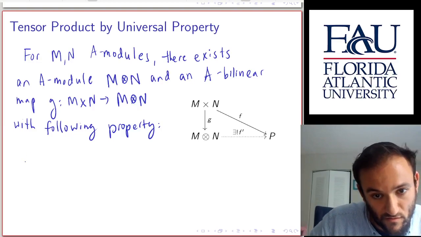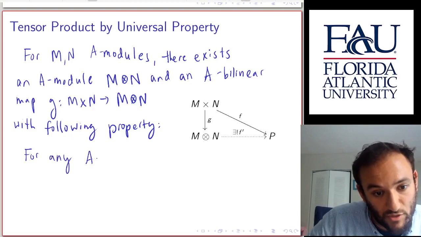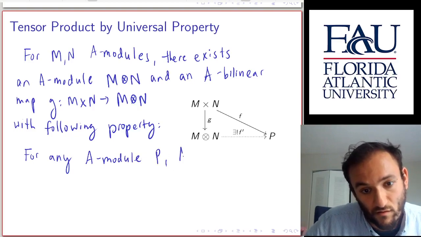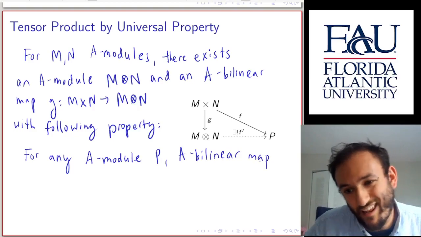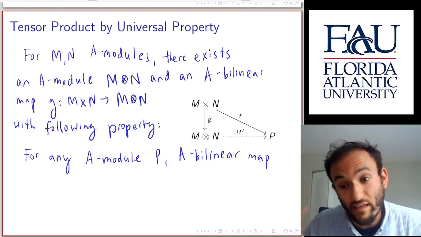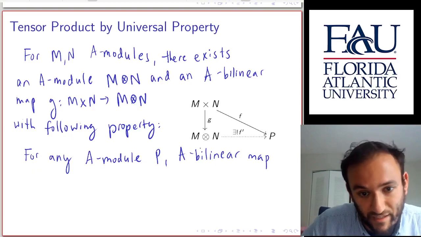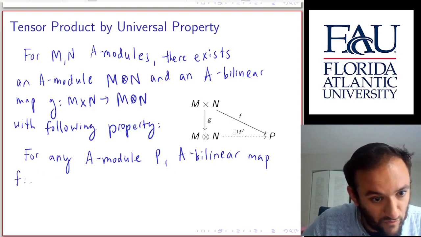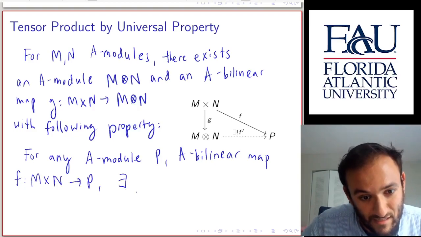Okay, so for any A module P and A bilinear map, and again, A bilinear just means it has the linearity properties we mentioned already. It scales with A, and you can add. So for any A module P and A bilinear map F, let's put that here, F from M cross N to P, there is